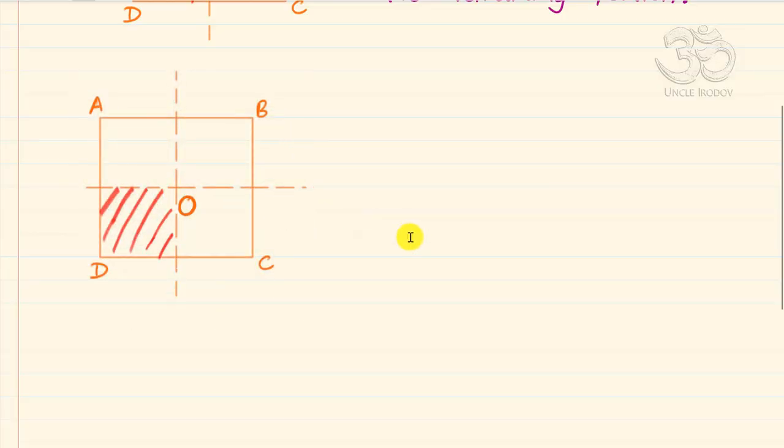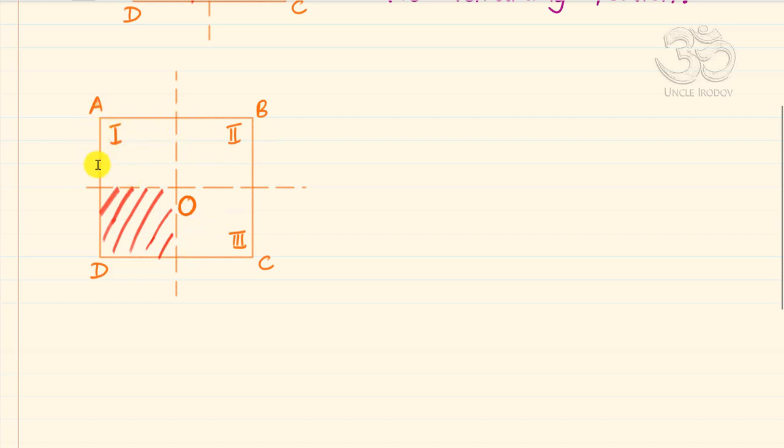So one way to do this problem is to assume that there are 3 separate small plates. There is plate number 1 here, top left, then you have got plate number 2, top right, and you've got plate number 3, which is bottom right, and the 4th plate is off, it's not there. And each of these plates will have the same mass because it's a uniform big square plate. So perhaps I can take the mass of each of these pieces as m,